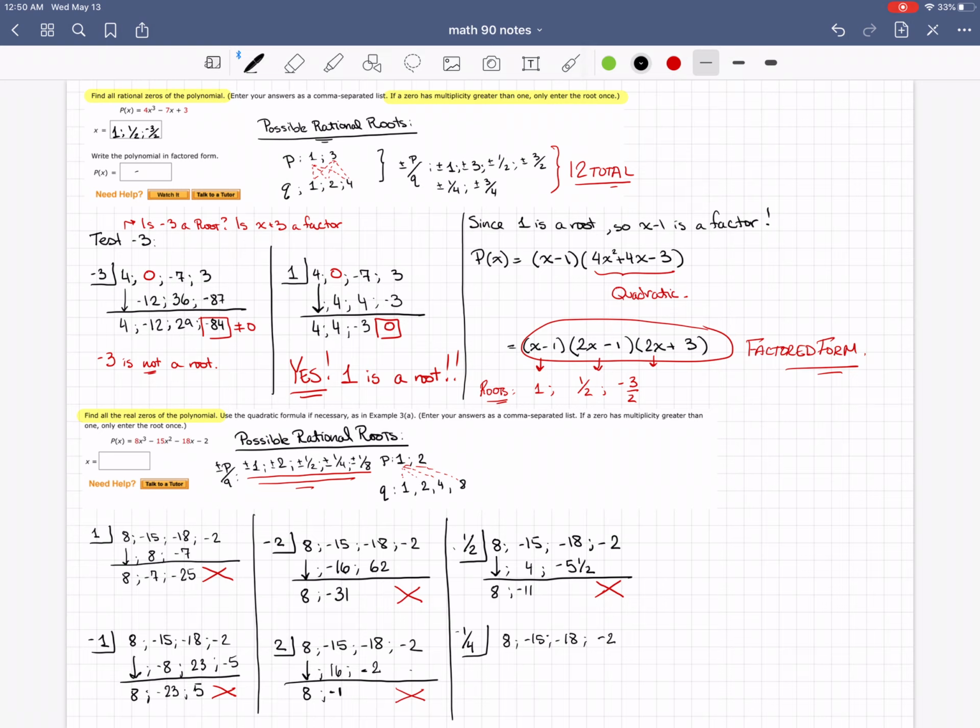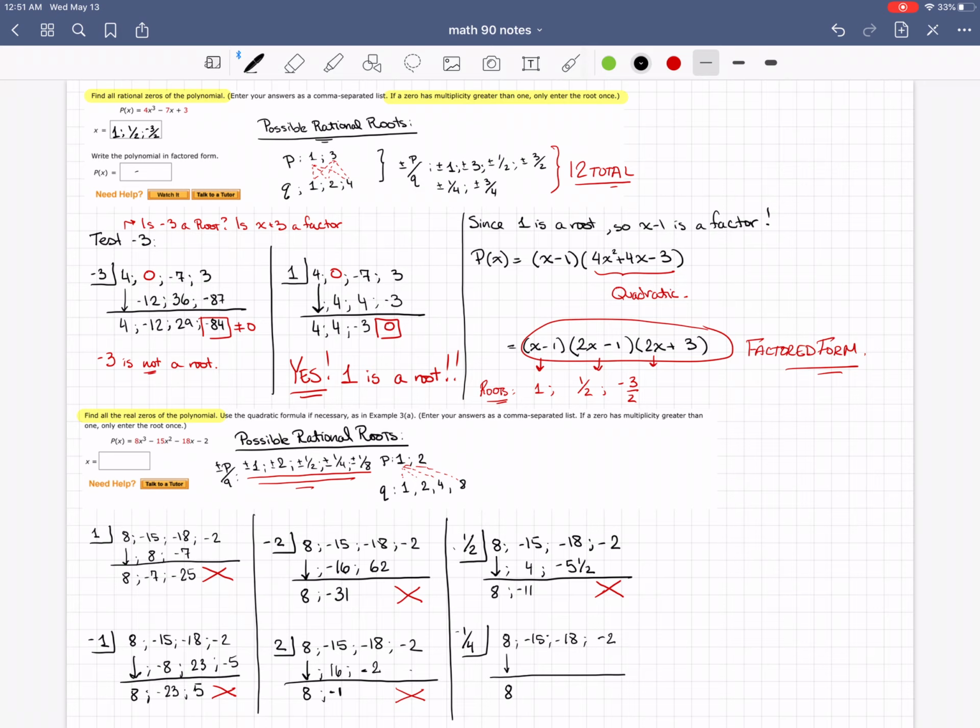And by the way, full disclosure, I didn't prepare this polynomial. I picked it at random from your homework. And that will absolutely happen, where you have to go through a bunch of them before you find one that works. So case in point, very quickly, this is starting to look bad too because,